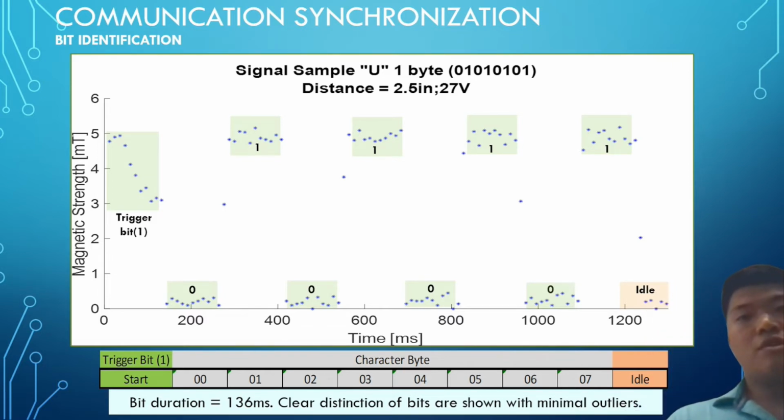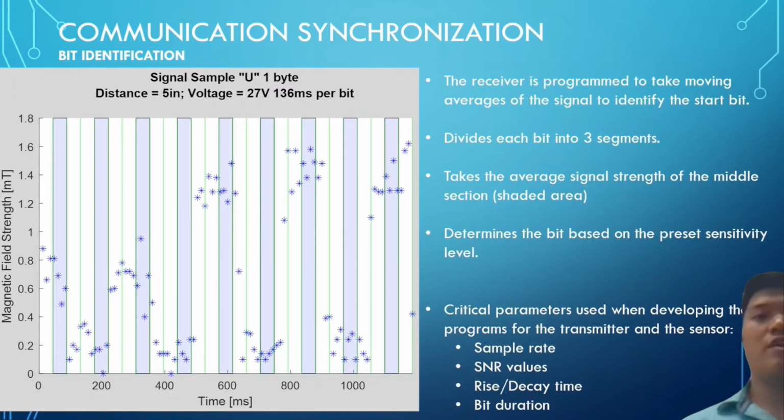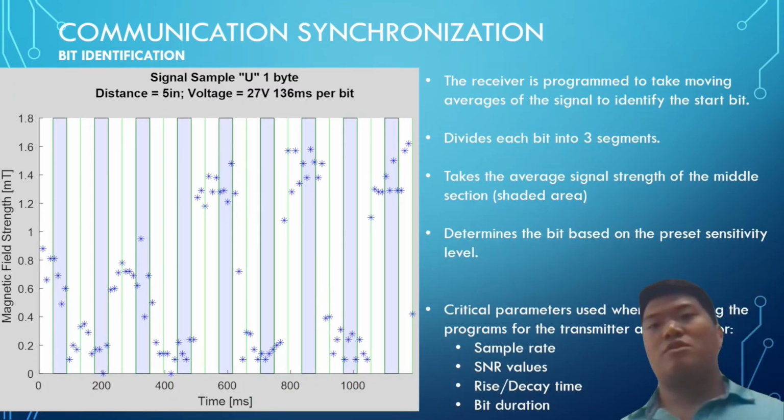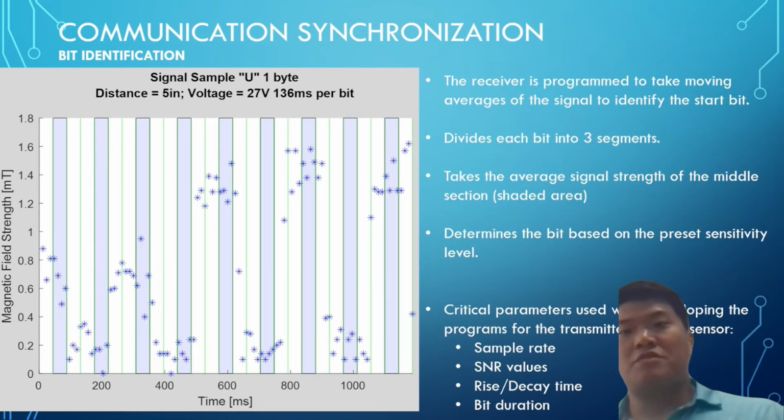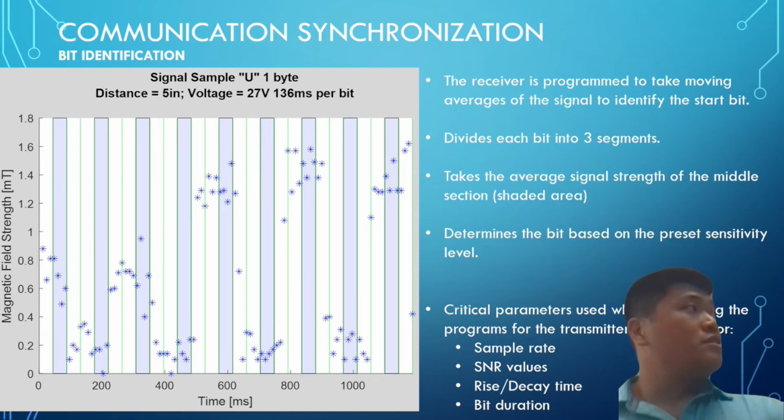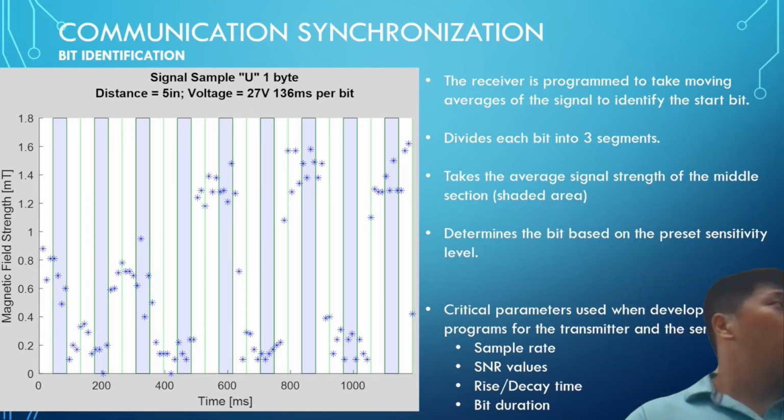So, you can tell pretty clearly which ones are ones and which ones are zero. There's a clear distinction, especially at a small or closer distance. But if I move it out a little bit further, so this one, I see 5 inches, you get more noisy signal, and you get a lot of jitters as well. And that could be from the coil getting too hot from running multiple tests, or maybe a mechanical delay on